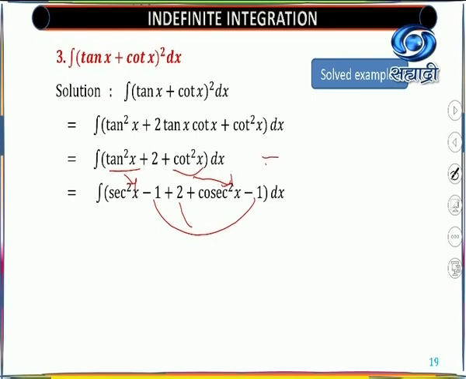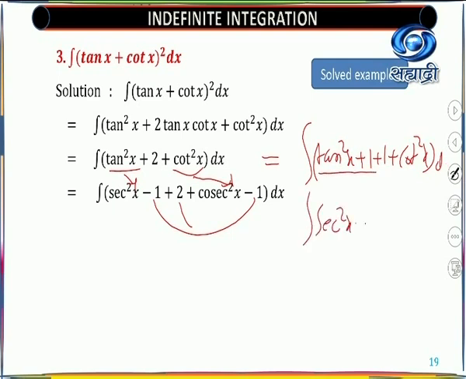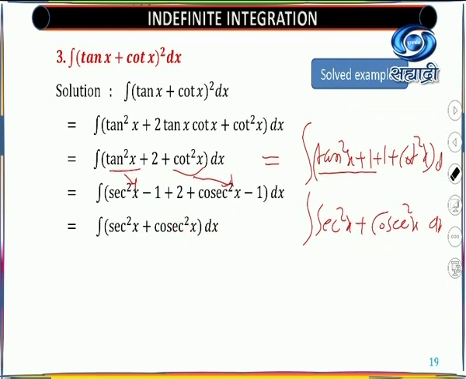In other way, you are also able to write this as tan square x. I am telling you different methods so that you are able to solve with any one of the methods and you will get the value. This is dx. Now look at here. 1 plus tan square x is sec square x, plus cosec square x because it is 1 plus cot square x dx, and the same value you will get from here also. So what will be the next step? Next step is nothing but that is sec square x plus cosec square x. Look at here, that you got here, that is sec square x plus cosec square x dx.